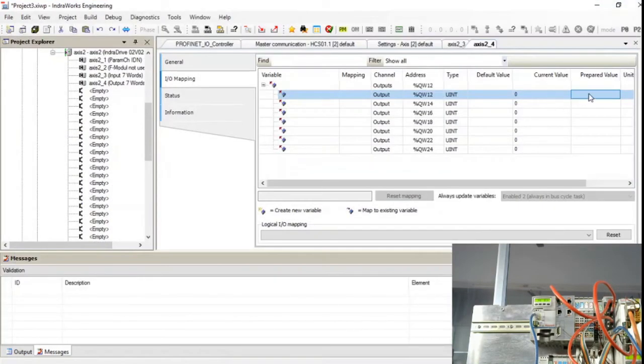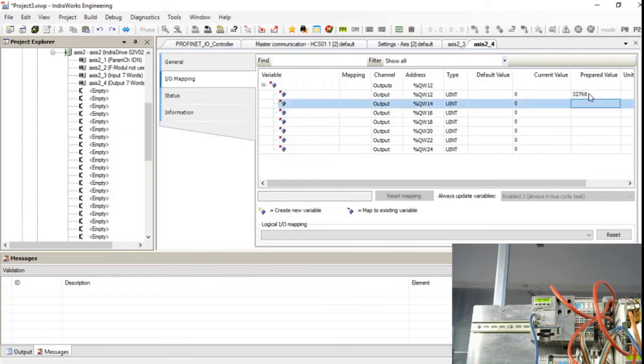So now we are going to give the value. For making this variable, we give the prepared value of 16 as 8000, which is equivalent to decimal 32768. Now if I give control F7, you can see that the drive has changed from AB to AH.